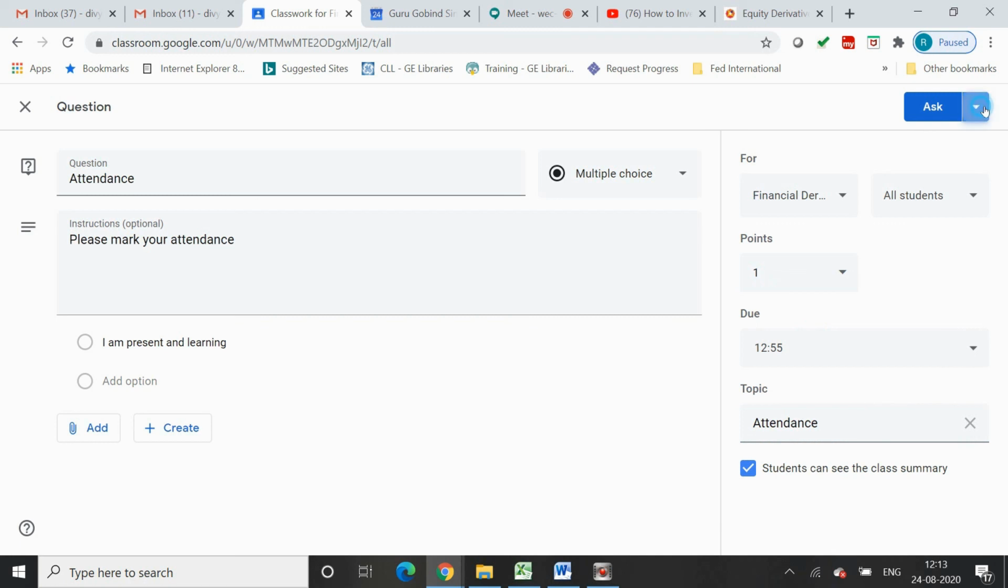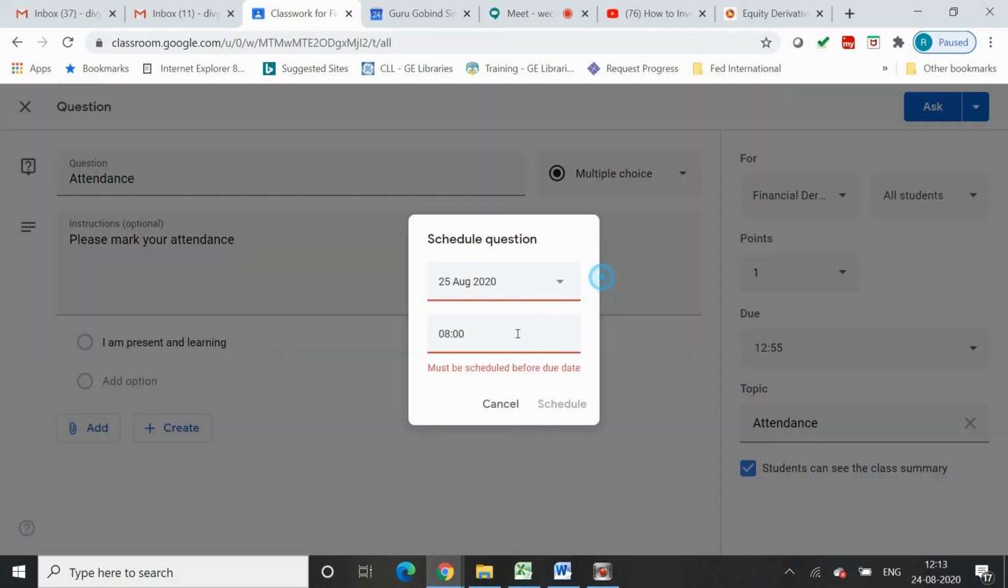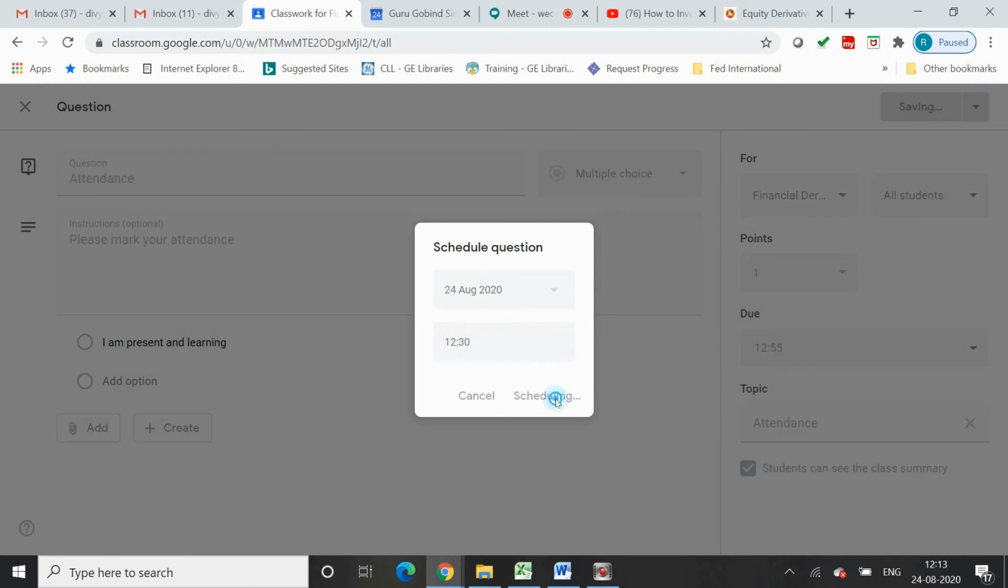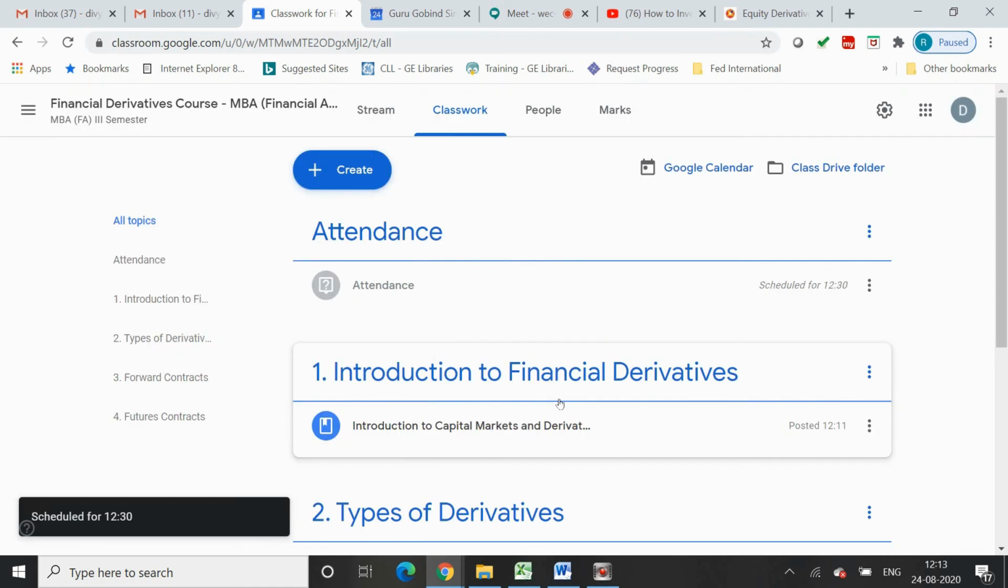Now let's schedule it. We can schedule it for today itself. It must be scheduled for the future. Okay, let's say we schedule it for 12:30. Schedule. So at 12:30 this attendance will be available for the students to be